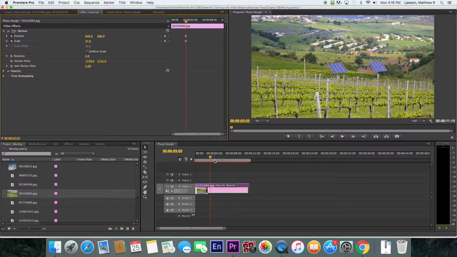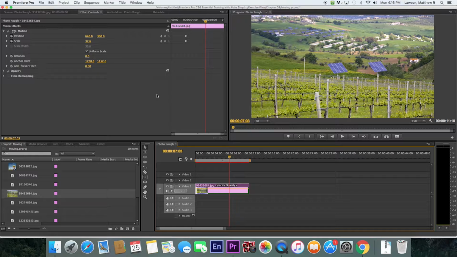Now, let's pick where we want the keyframing to end. We started it at about 3 seconds in, and we want the motion to occur for maybe 4 seconds. Okay, so we've got 7 seconds, 3 frames here. And we have to tell Premiere now, at 7 seconds, 3 frames, I want you to be at the end point,